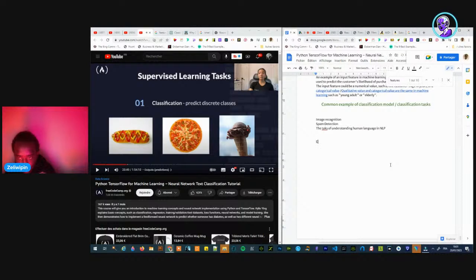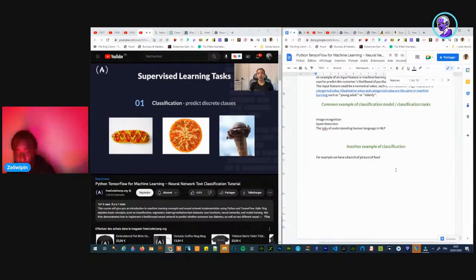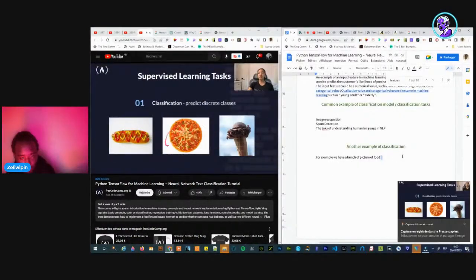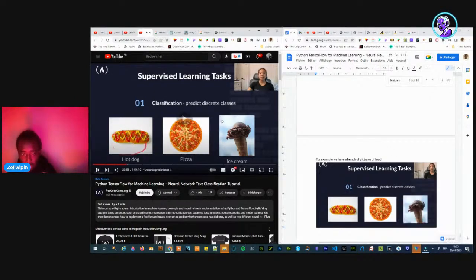Another example of classification. For example, we have a bunch of pictures of food.